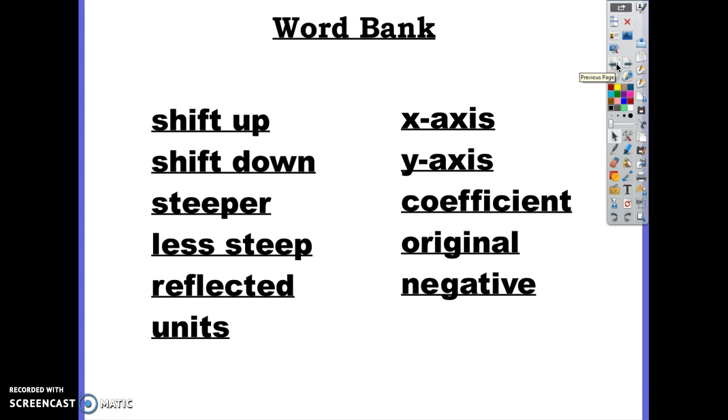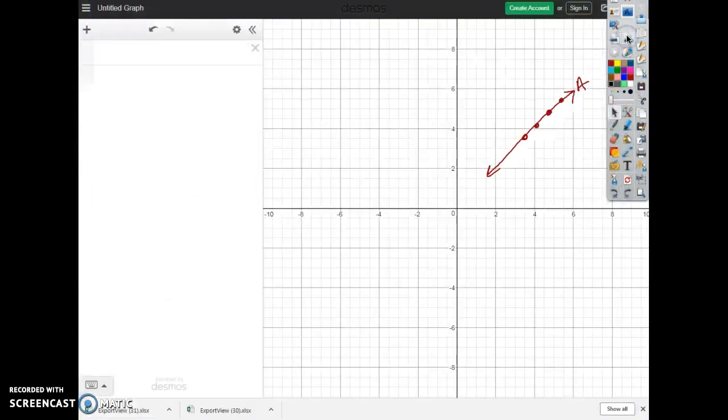So you can use the words shifted up, shifted down, steeper, less steep, reflected. How many units did it move? The x-axis, y-axis, did a coefficient change, the original line, and negative. Okay? So for this worksheet,